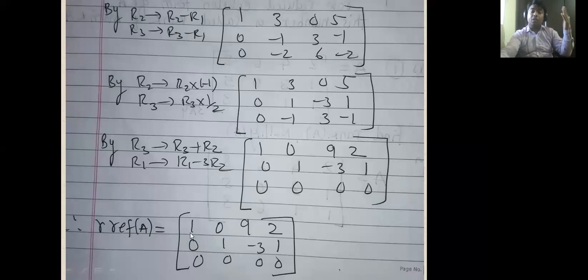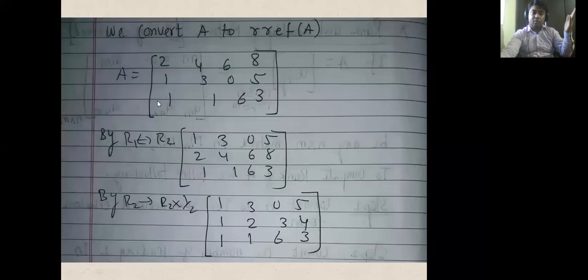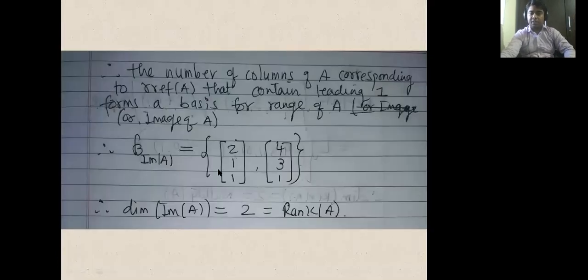So in the original matrix they gave us, this C1 column and C2 column form a basis. That is what I said here. So C1 and C2, these two form a basis for the image of A. I've written them vertically, but you can always write them in row form, vector-wise, horizontally, like 2, 1, 1.